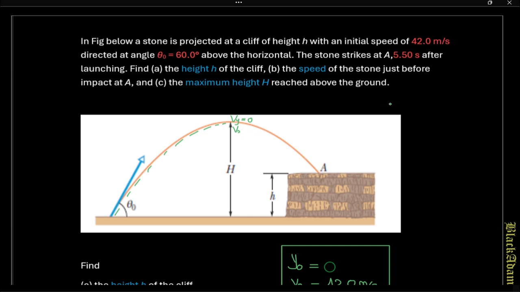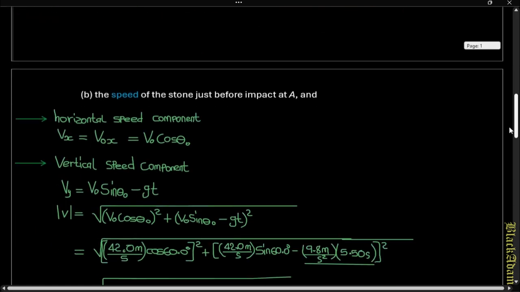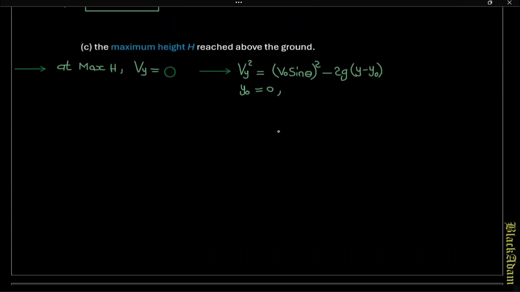So we know that the vertical speed as it reaches the top is going to be 0, but the horizontal speed keeps moving, and then from there we have the y, which is the height h. So height is h, and final vertical speed is 0,